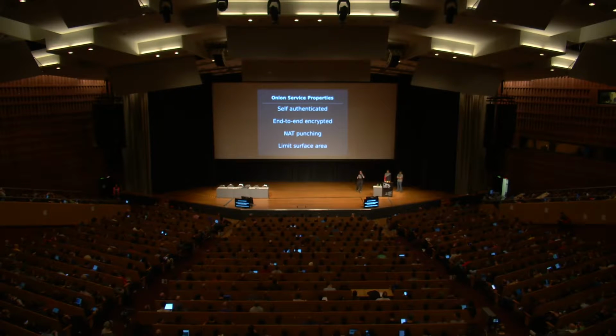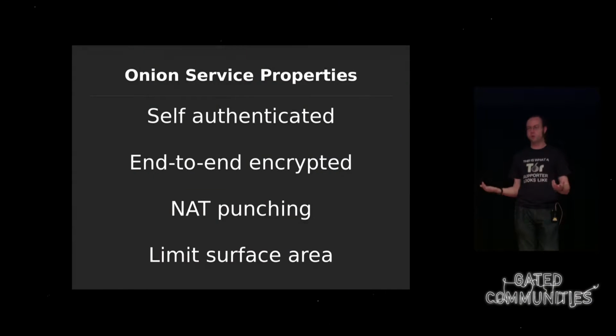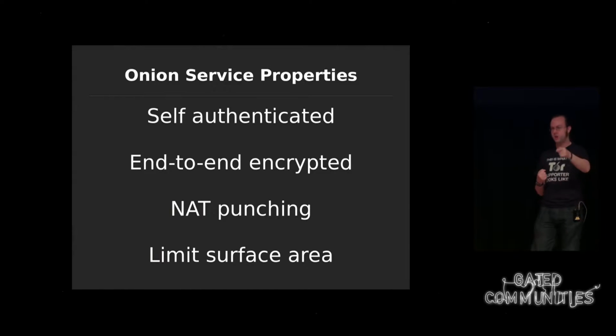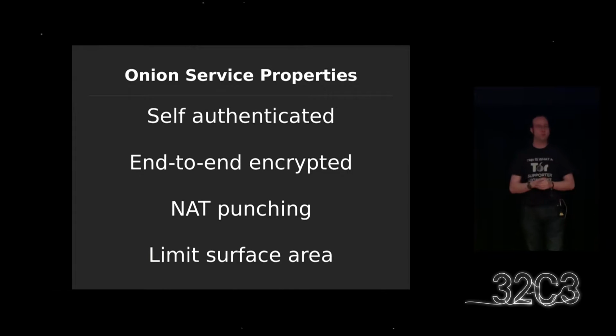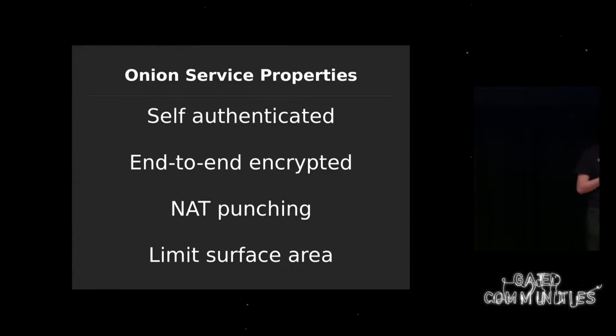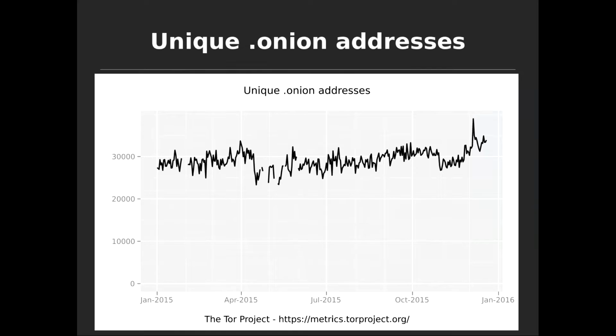I get end-to-end encryption, I get self-authentication, and there's no other way in. I just firewall all incoming connections, and so the only surface area that I expose to the world is if you're using my Onion address, you reach my SSH port. I don't allow any other packets in of any sort. So that's a cool example of how security people use Onion services.